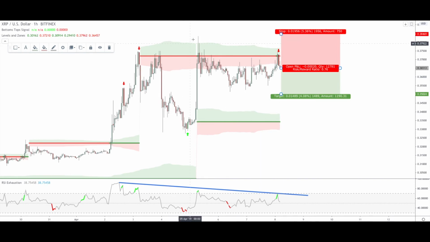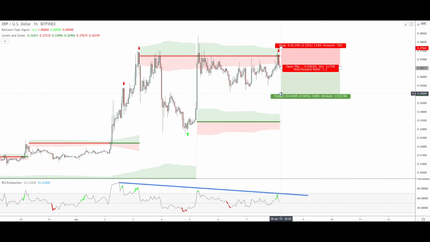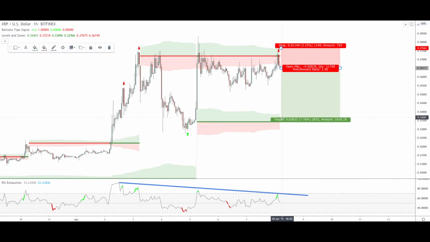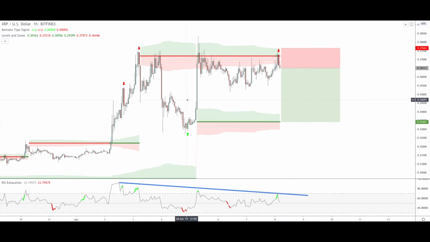But since this was kind of an exception, these two candles, and the buy area is right now at this level, I will keep the stop loss around the buy area here. Regarding the target, well, of course, I'm aiming for this support level here because I know that, as I explained